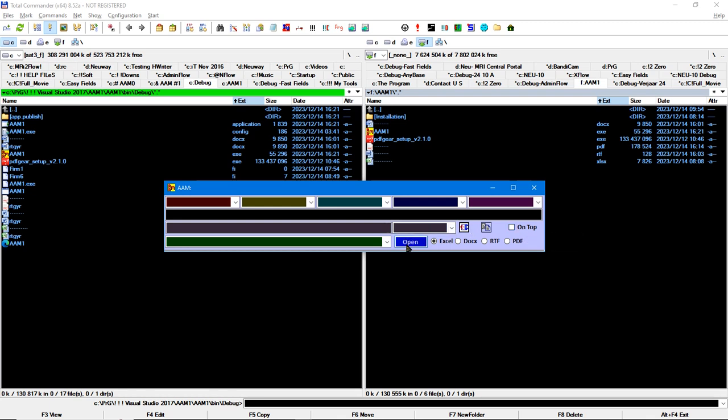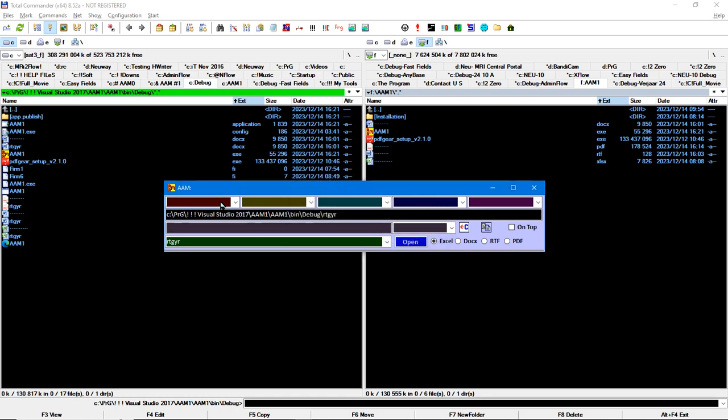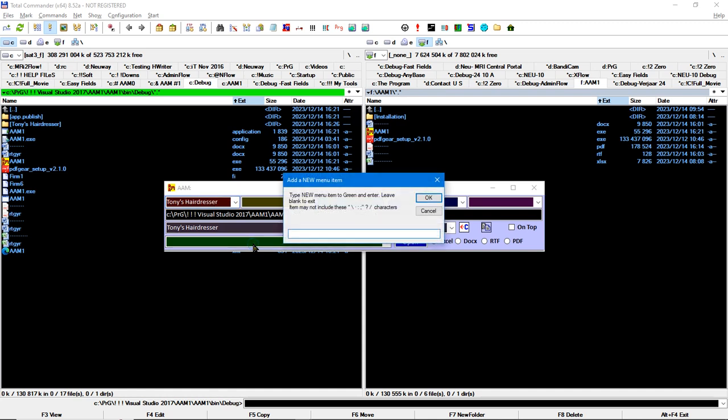And of course, open. Now you don't open a file from this side anymore. You have to click the open button, so you can decide whatever you want, where you want. So when you're in Tony's hairdresser, you can decide to say